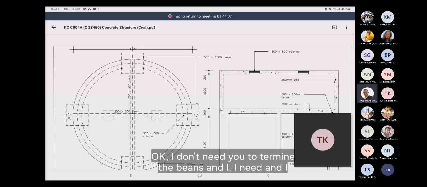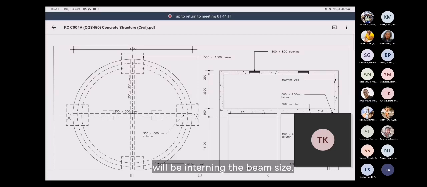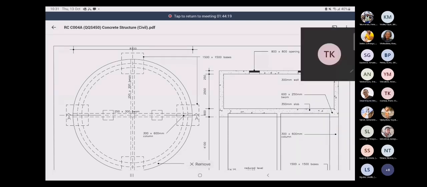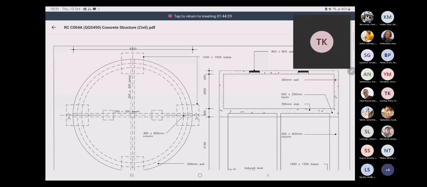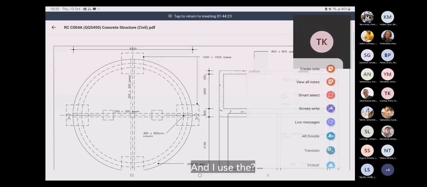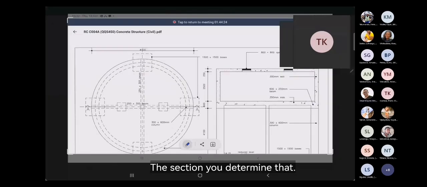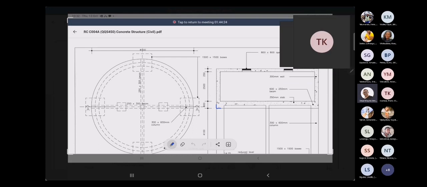And I need to determine the beams, and when determining the beam size, I go through and use the section to determine that. Now, having gone through the drawing, I can say that